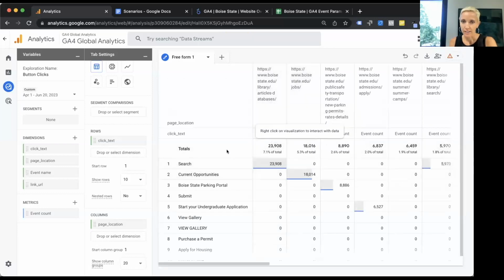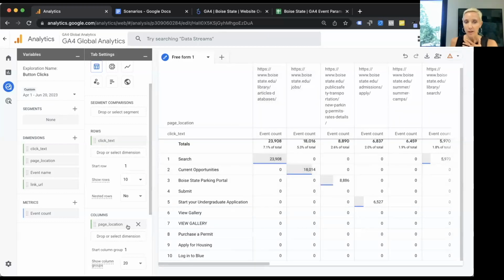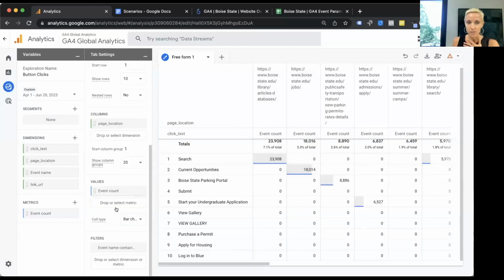Okay, so here I can see that, on the library pages, the search text is being clicked on, jobs, obviously current opportunities. But again, this doesn't give me my personal website's data. So in order to filter to that, I can go down here and add another filter.